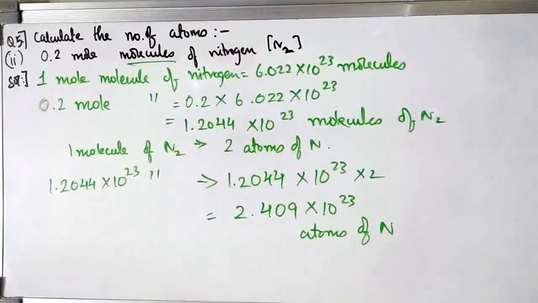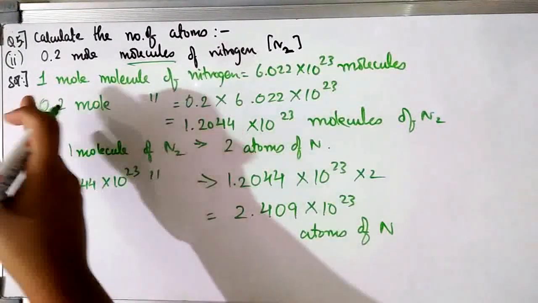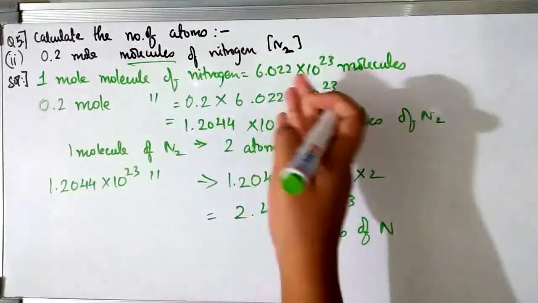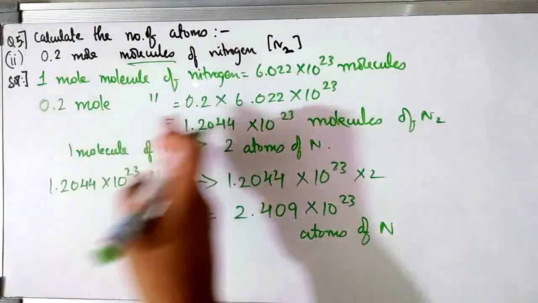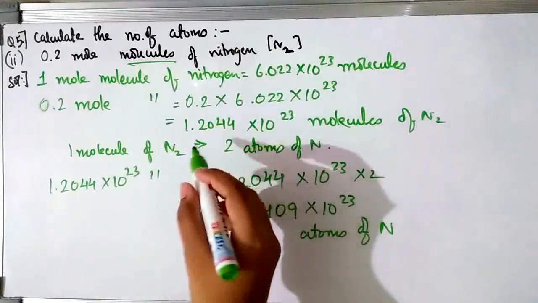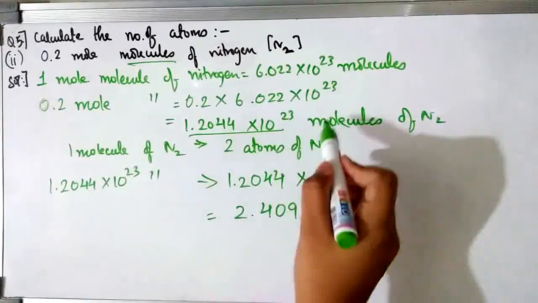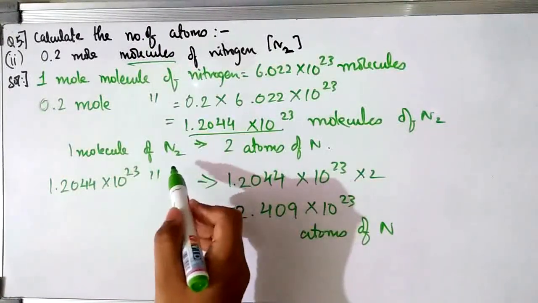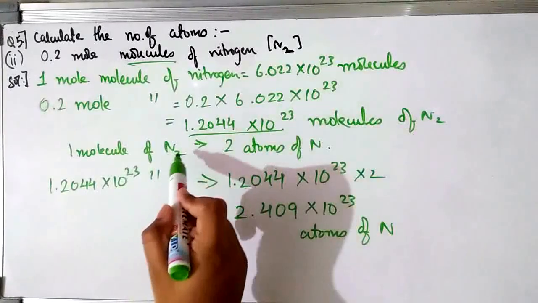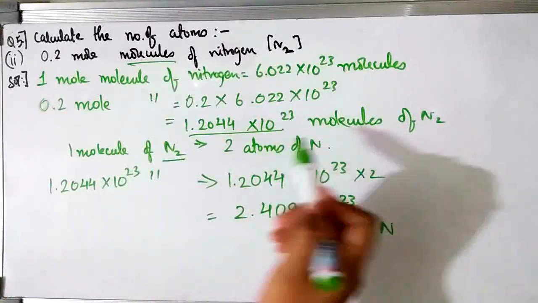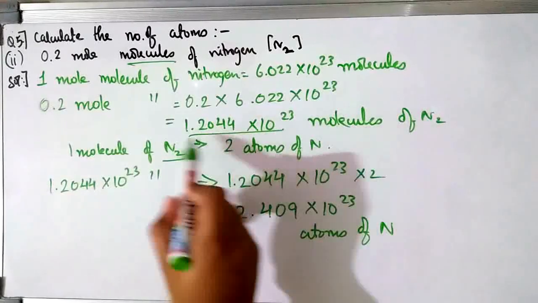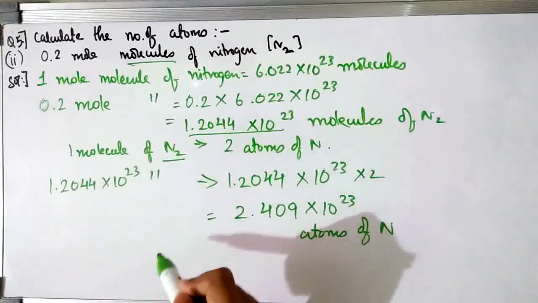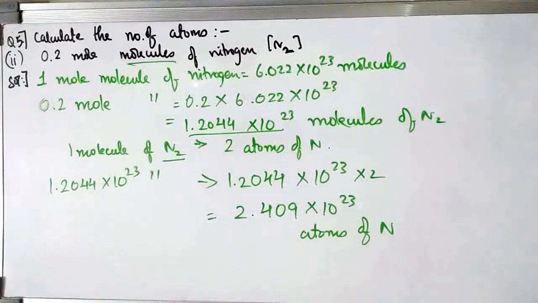Okay, so this was also simple. We first wrote that 1 mole molecule of nitrogen will contain the Avogadro number molecules of nitrogen, because the value of 1 mole is the Avogadro number. Then 0.2 mole will have 0.2 into that value, which we got, and these are the number of molecules present. But since we have to find the number of atoms, we know that 1 molecule of nitrogen will consist of 2 atoms of nitrogen, right? It's written as N2, so 2 atoms of nitrogen. So how many atoms will these many molecules of nitrogen have? It's very simple. You just have to multiply these many molecules of nitrogen with 2, and you get that many atoms of nitrogen.